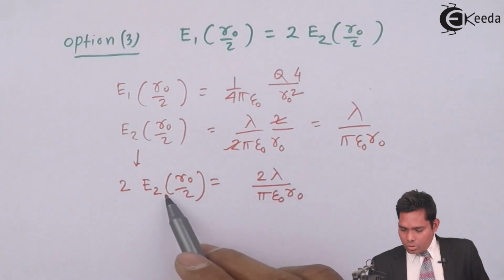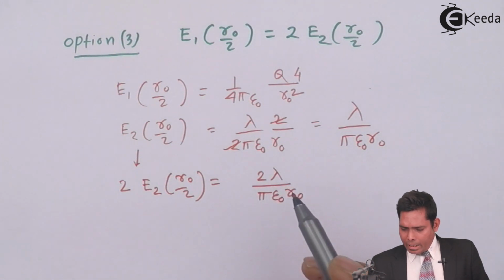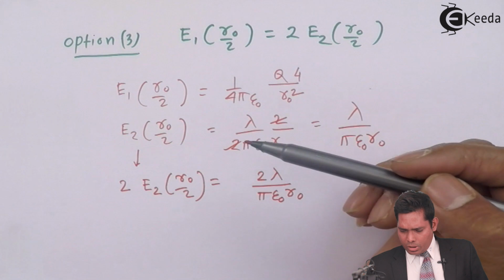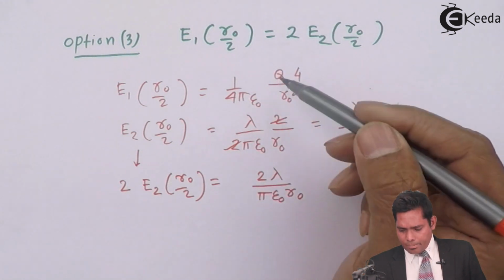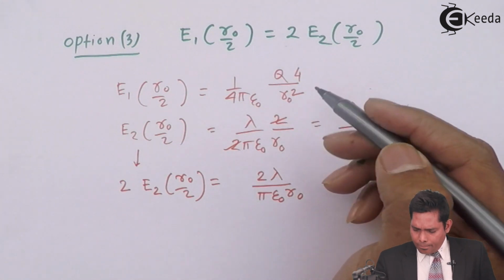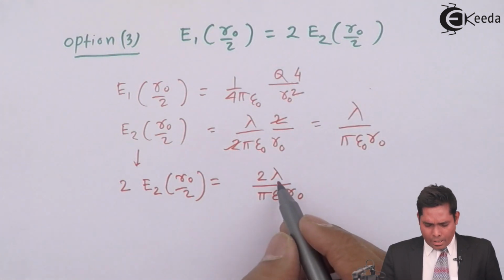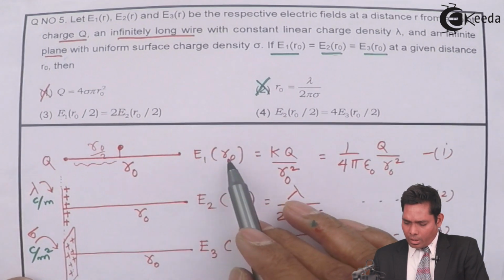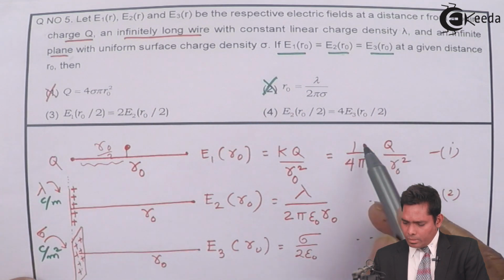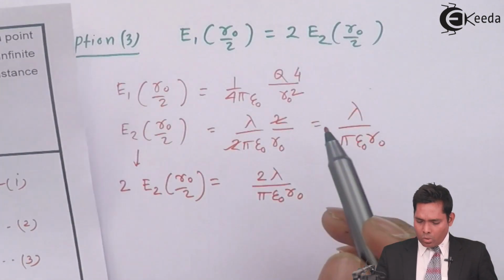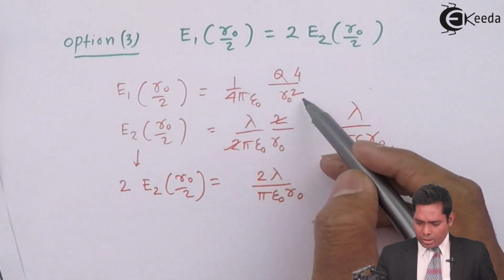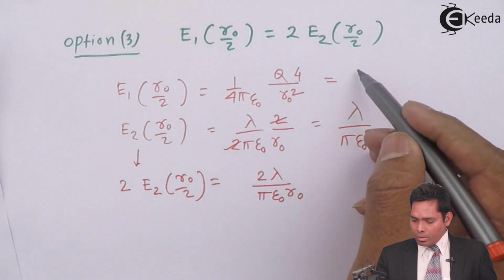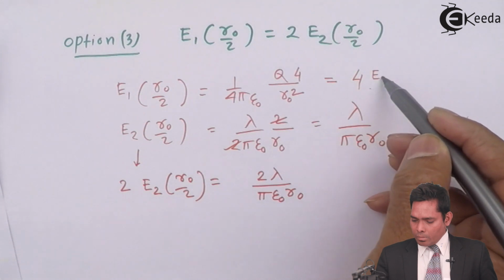So this I am getting here, and it says that must be equal to this. Then I have to see whether these two are same or not same. Here I have already got this expression. E1 R naught is this one, so this one is 4 times E1 R naught. So I can write this as 4 times E1 R naught,